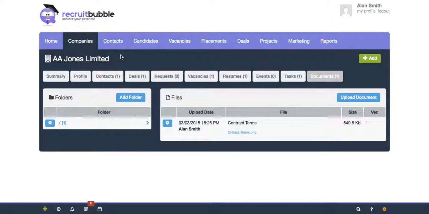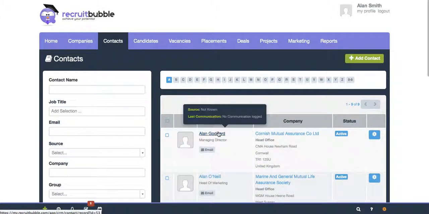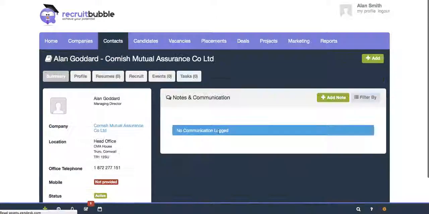In the contact directory, it follows a similar process. So if we select this contact here, you can see again a similar flowchart exists. In the candidate directory,